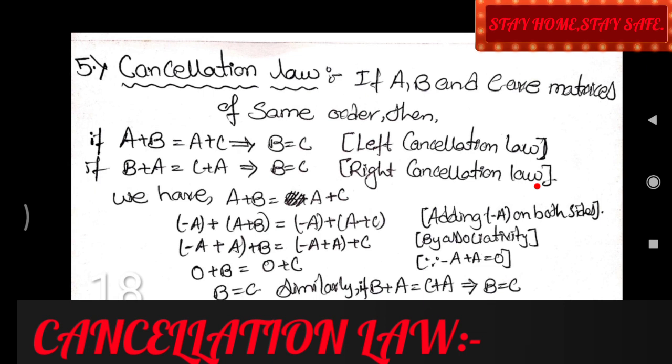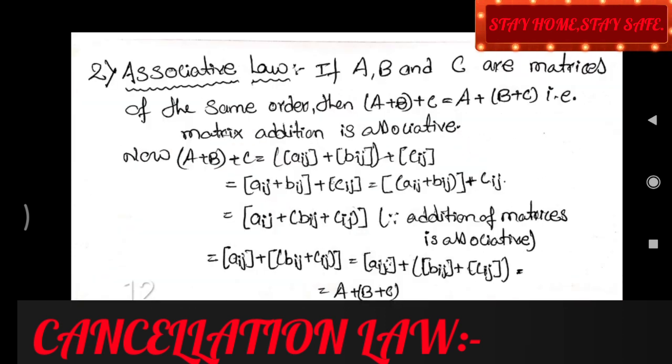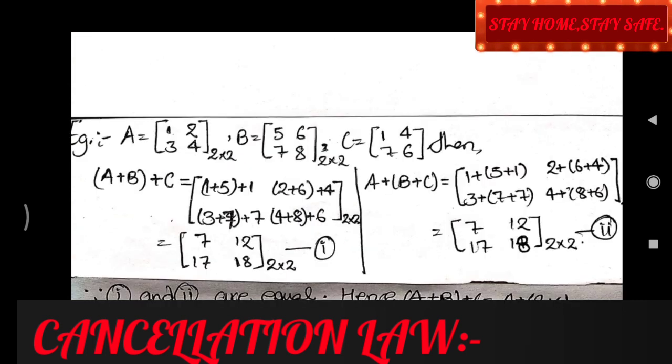Cancellation law means by subtracting them. If A plus B minus A plus C, then minus A goes here, so B minus C is equal to 0, so we can say B is equal to C, and the same for this also. Or otherwise, as this says A plus B is equal to A plus C, then by adding minus A on both sides, we get minus A plus B and minus A plus C, that is minus of A plus B and minus of A plus C, by associativity, as I have told you here. What is the associative law? The associative law is the shifting of brackets in the three matrices, so here also the same applies.